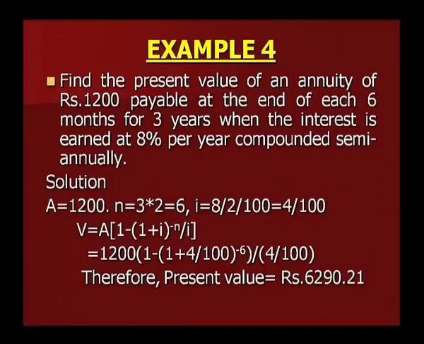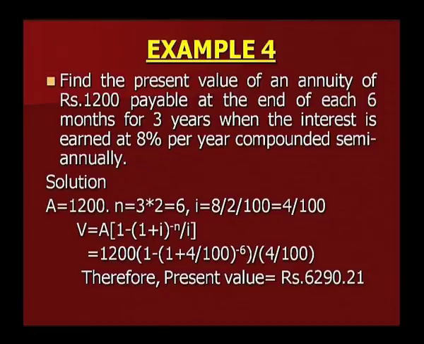V is equal to A [1 minus (1 plus i) to the power minus n] whole divided by i, that is equal to 1200 [1 minus (1 plus 4 upon 100) to the power minus 6] whole divided by 4 upon 100. Therefore, the present value is rupees